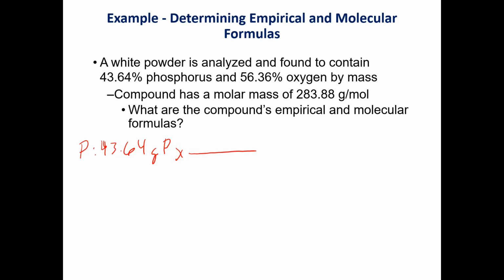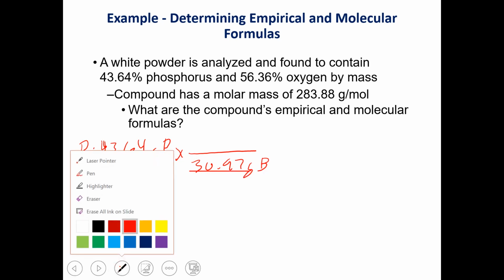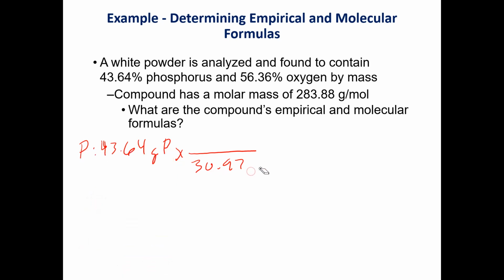And if you look on the periodic table, the molar mass of phosphorus is 30.97 grams per 1 mole of phosphorus. So if we divide 43.64 by 30.97, we come up with